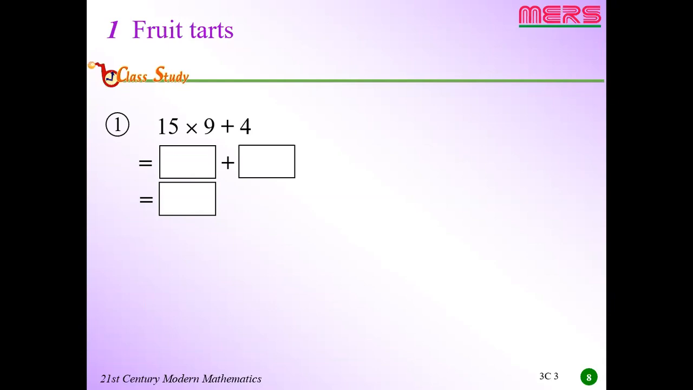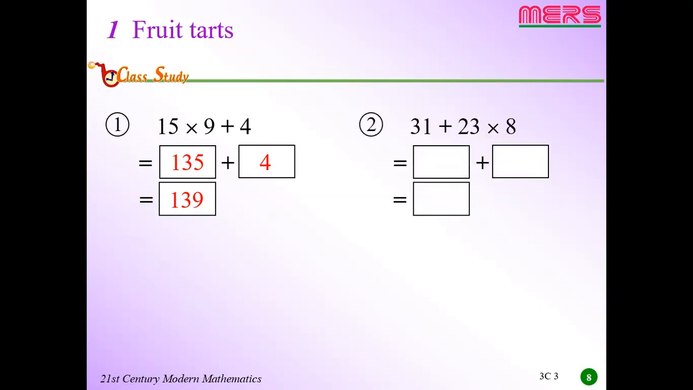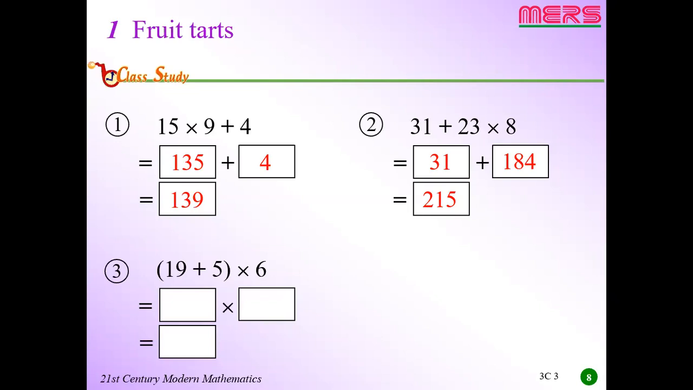Okay, did you finish all these questions here? Let's check your answers together. Question number 1. You should do the multiplication first, and then plus 4. The answer will be 139. Question number 2. The answer will be 215. Question number 3. You should do the